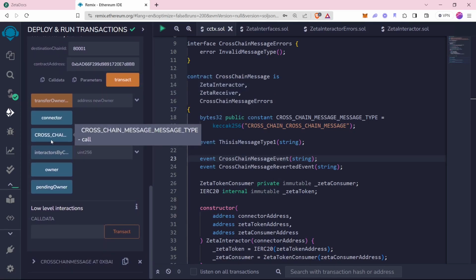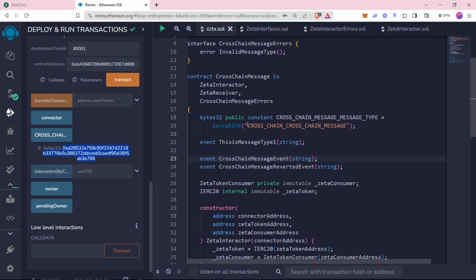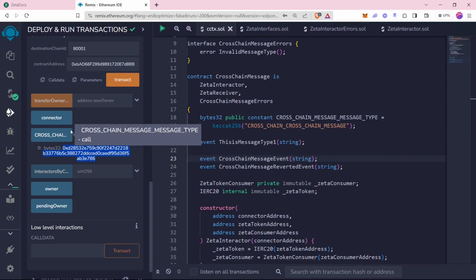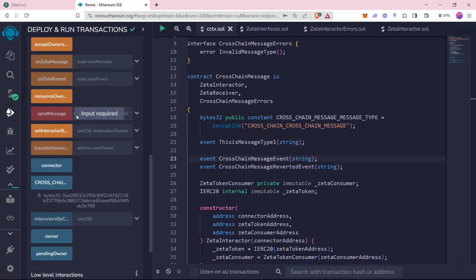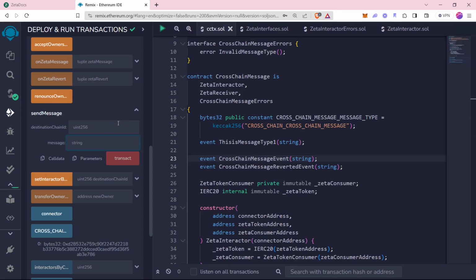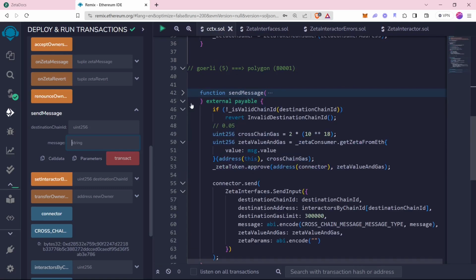Okay, now let us call cross-chain message. Okay. So now what we'll do is we will copy the message type. This is the message type. As you can see, this is cross-chain message type. Okay, we will copy this. We will open send message. As you can see, this is red, it means that it's a payable function. And message, okay, we are directly passing the message type. We don't have to specify it. As you can see, it's a hard coded message type, so we don't need any message type to pass. So we will pass